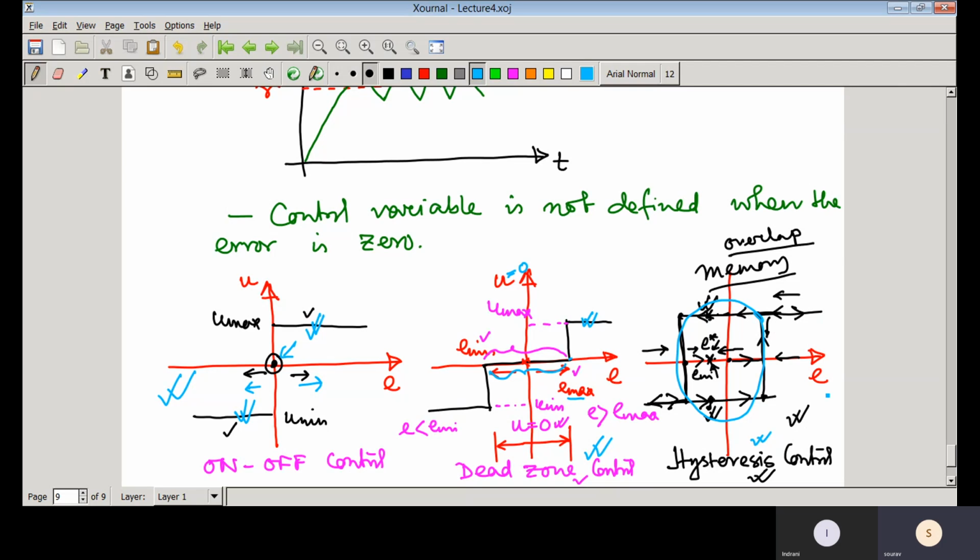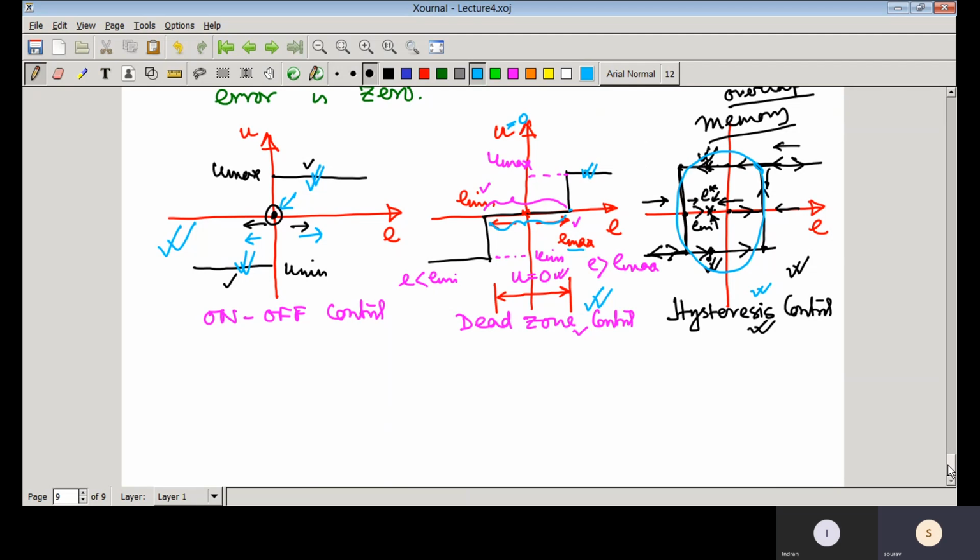Now one thing is very clear to all of us, that if we use this type of control strategy, then the control variable will not be smooth. That means there would be some sort of oscillations. So how can we make it smooth? To overcome those problems, we actually use PID type control strategies. And another thing is also important, and I would like to mention it.